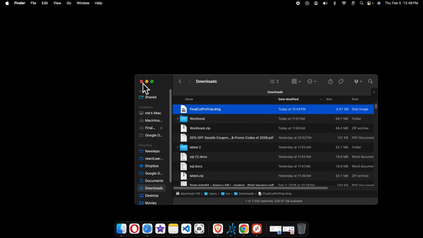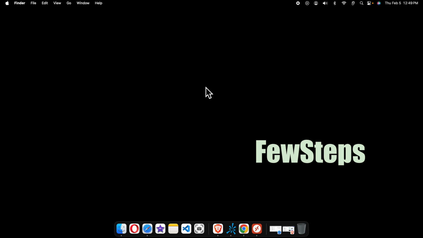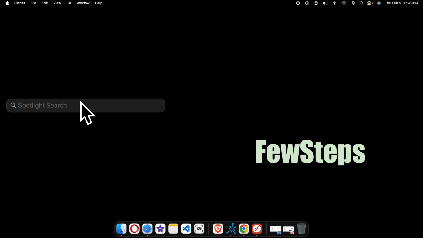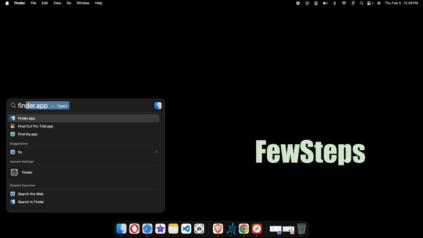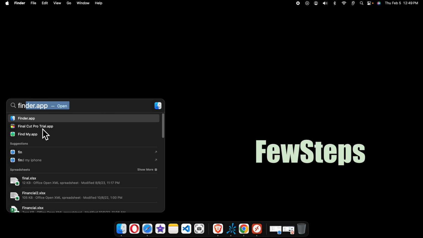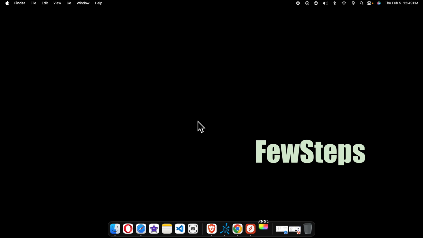I'm going to close it, and let's see whether we are able to open Final Cut Pro on our Mac or not. So I'm going to press the command key and spacebar key all together to open the Spotlight search, or you can click here to open the Spotlight search, and then you start typing Final Cut Pro. If you start typing Final or FIN, then you'll see Final Cut Pro trial is there. You just need to double click over there to open Final Cut Pro, and very shortly it will start